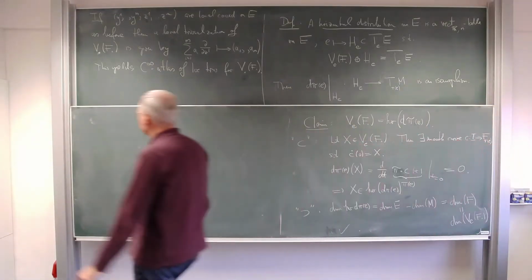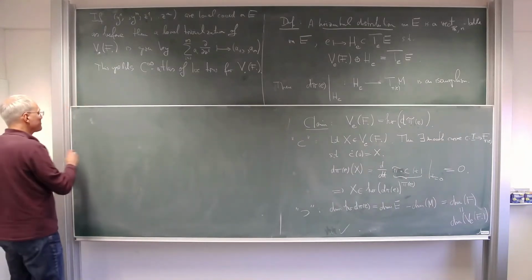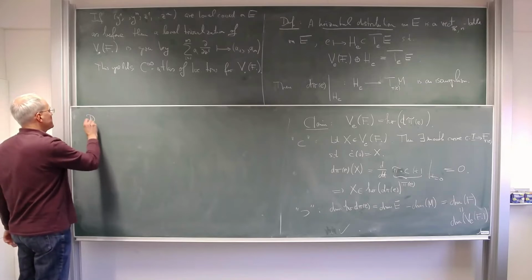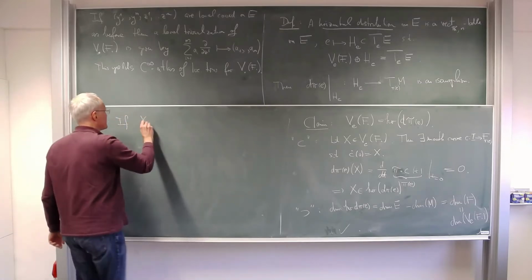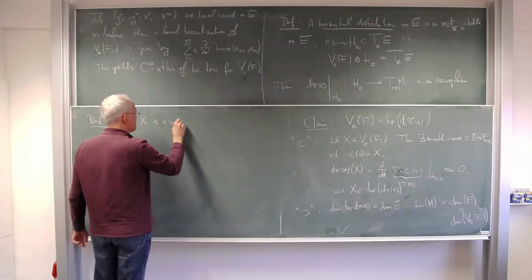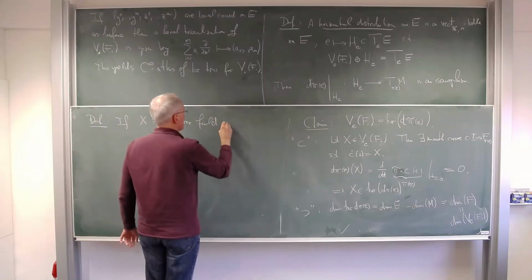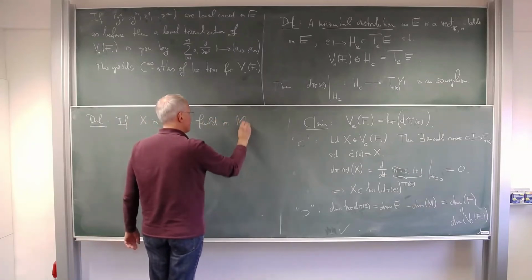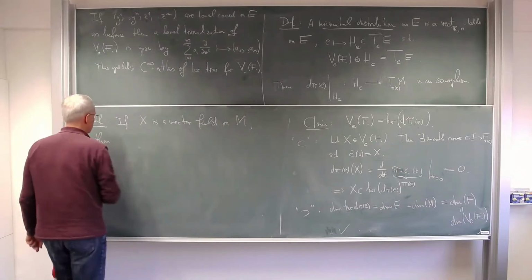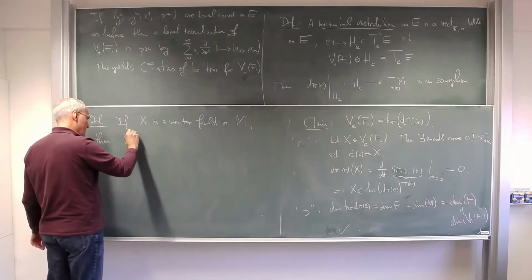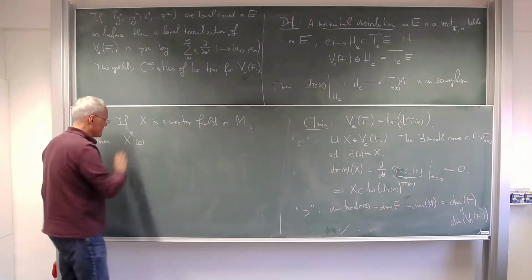And once we have that, we can talk about horizontal lifts of vector fields. So, definition: if X is a vector field on the base manifold M, then X^h evaluated at a point E